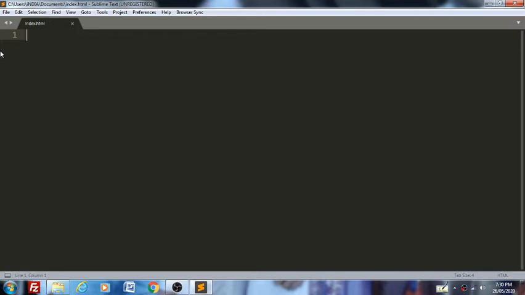So first you have to write this bracket with one exclamatory mark and write here doctype. I will write it directly and show you all the things.